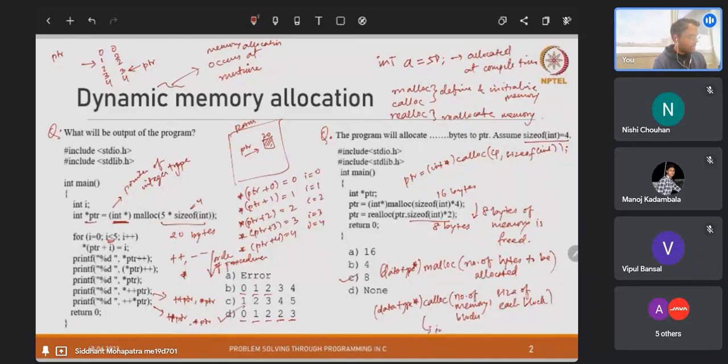So this initializes the value to 0. Okay, if I write this and I go to the memory location, I see the value is already 0. In the case of malloc it should be a garbage value, but in the case of calloc it is initialized to 0, and that is why the calloc function takes a bit more time than the malloc function,